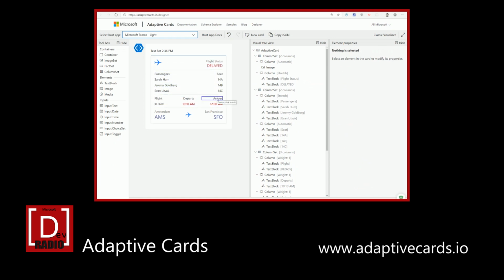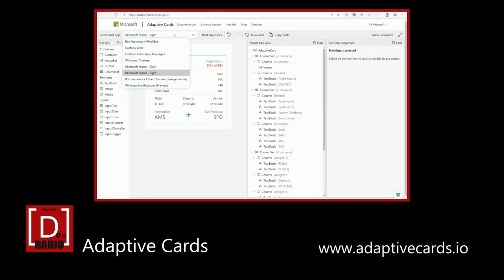And this tool is a web tool, obviously, so it's rendering these things in HTML elements, but this same card, on Teams, obviously is going to render as just native UI on that platform. So this designer tool basically simulates these experiences. So in that dropdown where you select whatever the rendering host is going to be,